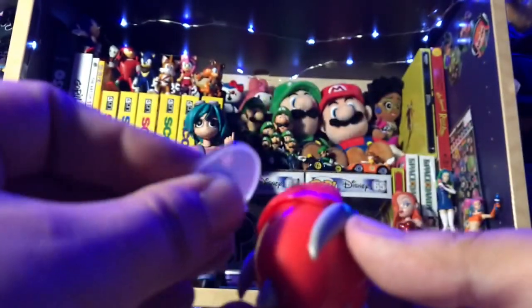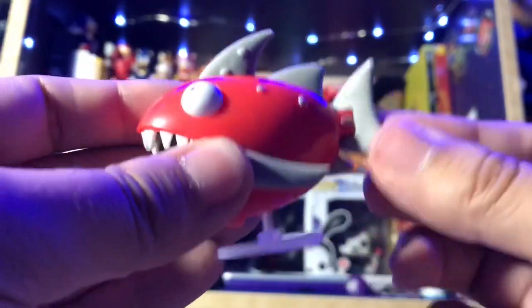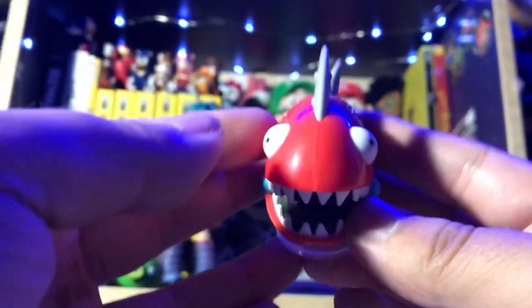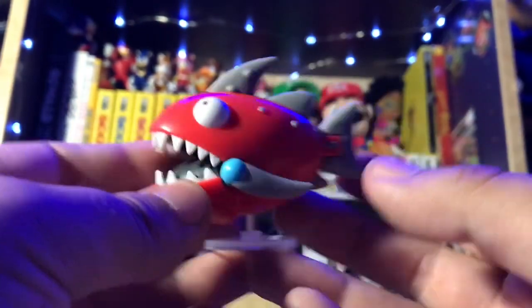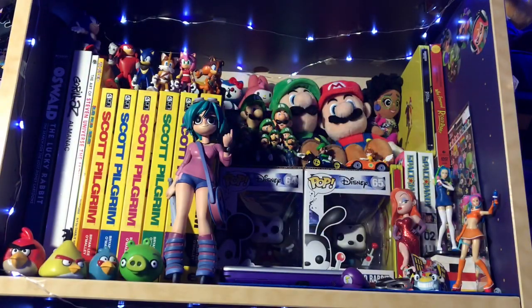I wouldn't call it much of a play feature, but it's just kind of fun. His tail also articulated. You can make him look like he's swimming, I guess. But still really glad to have another Badnik. He looks fantastic. Now I'm going to show you the figure that I've been very, very excited for ever since